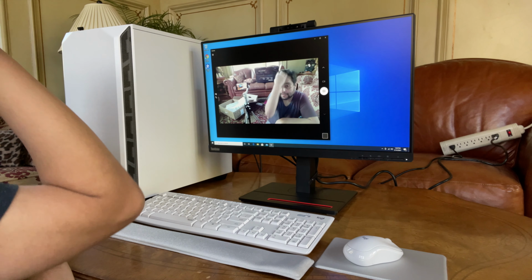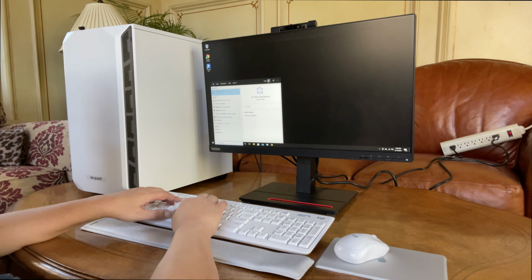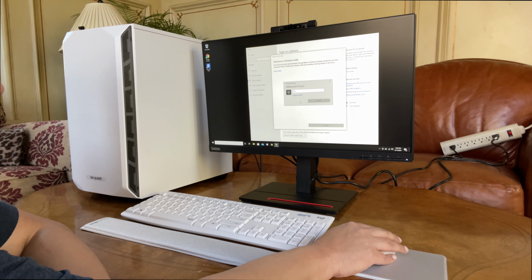So we can actually set up Windows Hello in this as well. So let's see how we would go about doing that. So I'm logged into the main account now. To set up Windows Hello, I'm just going to type Windows Hello, and there's going to be a sign in option. Sign in with Windows Hello. Set up. Get started. And my PIN is...